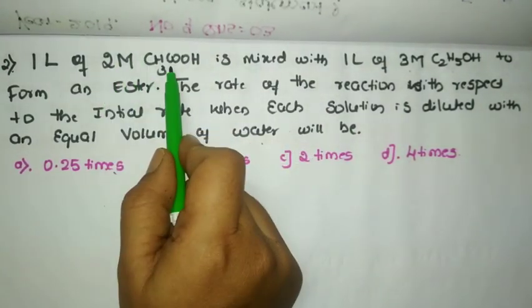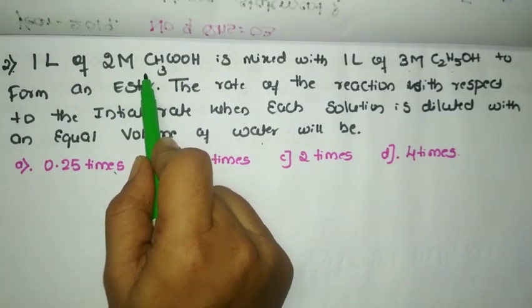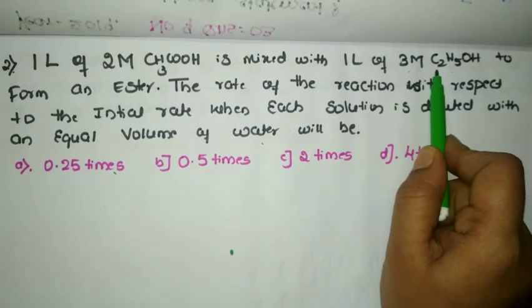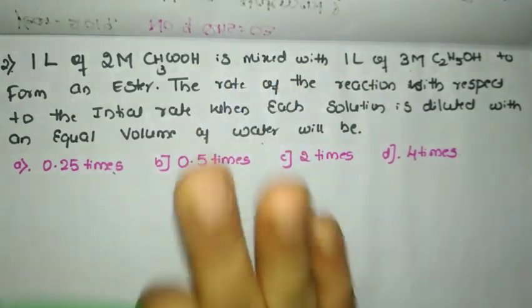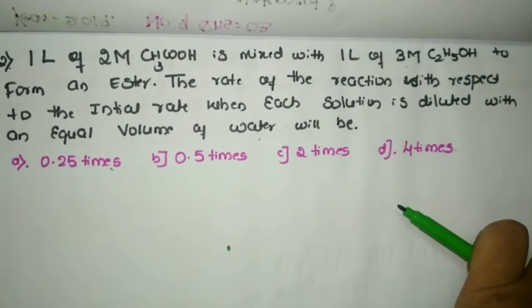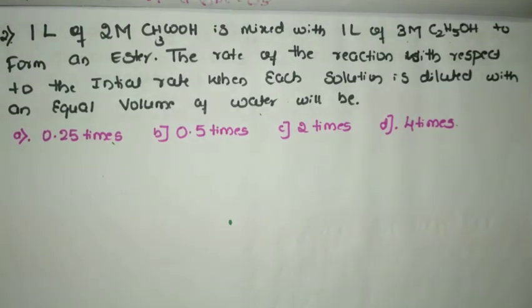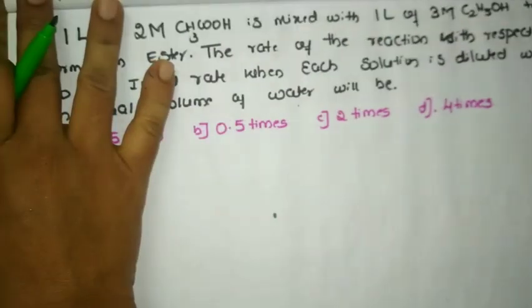For this 2 molar of acetic acid, if I dilute it with water, the same amount of water is also added to the ethyl alcohol. So after dilution, what happens to the rate of this reaction, they are asking. Whether it increases, whether it decreases, or how it is related, we need to tell. Okay, quite a simple question. If you know how to write the rate equation here, you can answer very clearly. See here.